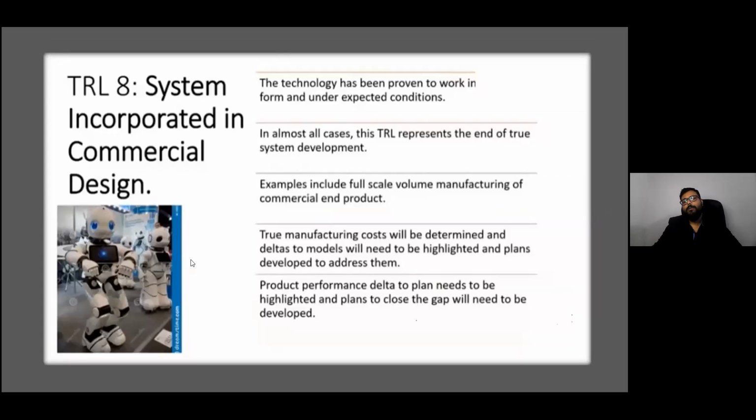So it's more refining at the stage of commercialization, because whenever you want to buy something, it's human nature that we want to look at attractive things, right? So this is the thing. Initially when something is developed, if it is software or any product, that labeling is done in TRL 8. Okay, so it should be lucrative so that people can use it and like it. You can also see the example includes full scale volume manufacturing of the commercial end product, right? So that is the one.